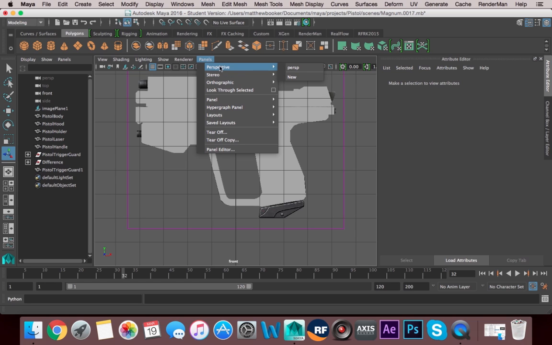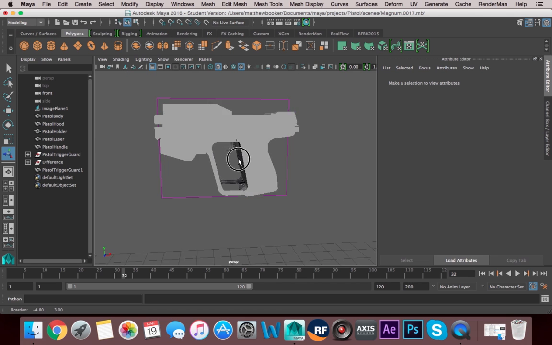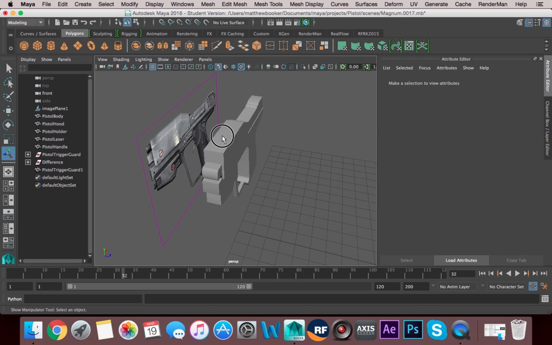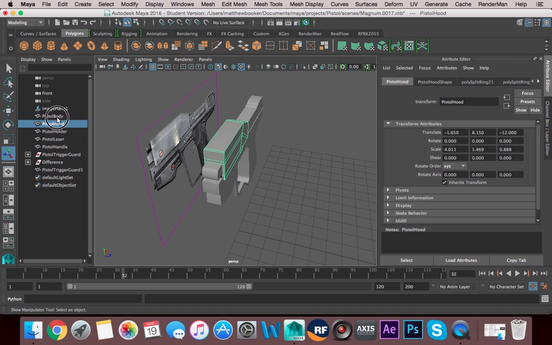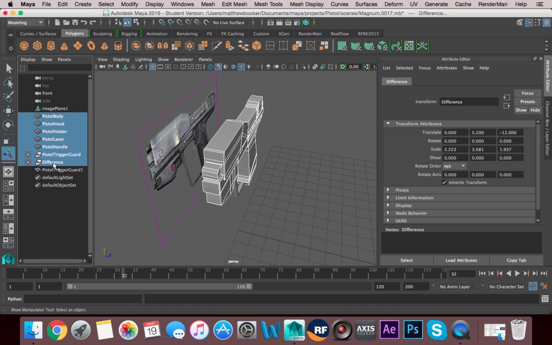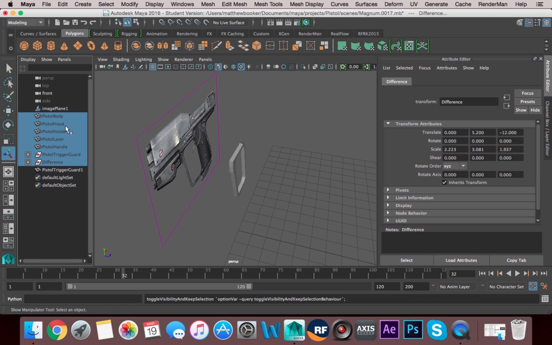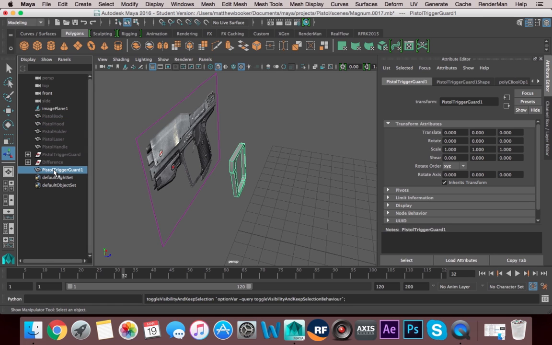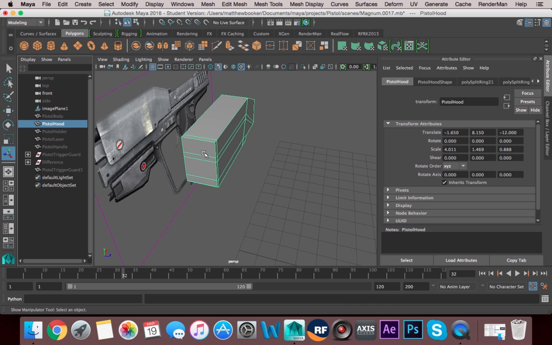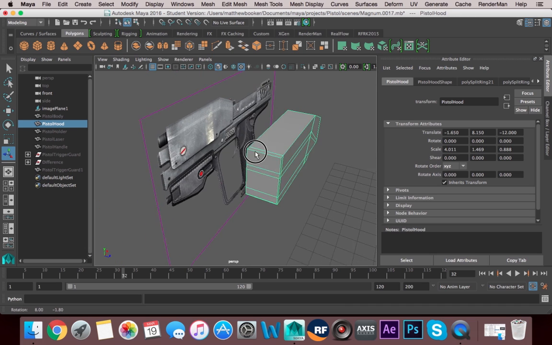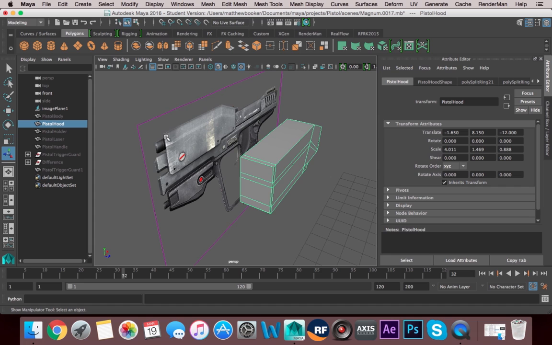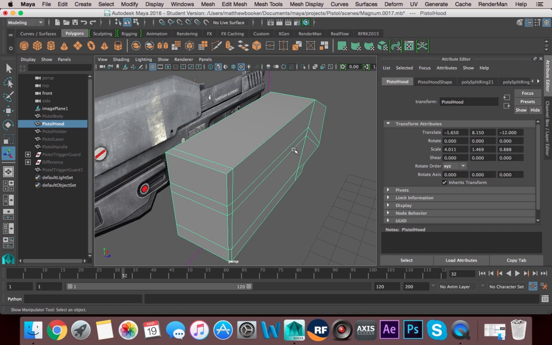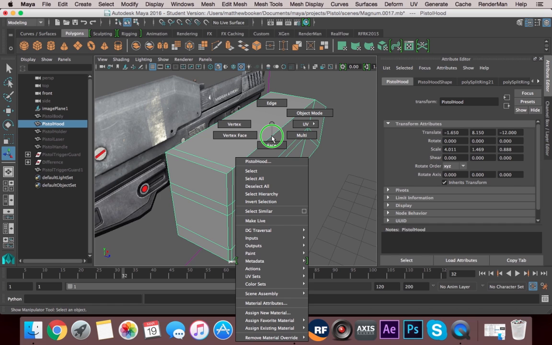So what we want to do is go into perspective, and we want to go up to our main bit. If we hide everything, and then we bring back, oops, sorry, hide that as well, and then we bring up the hood, you can kind of see on the reference image that there's quite a curve here. So in order to curve an object, you want to basically select, holding down right trigger, not right trigger, sorry,